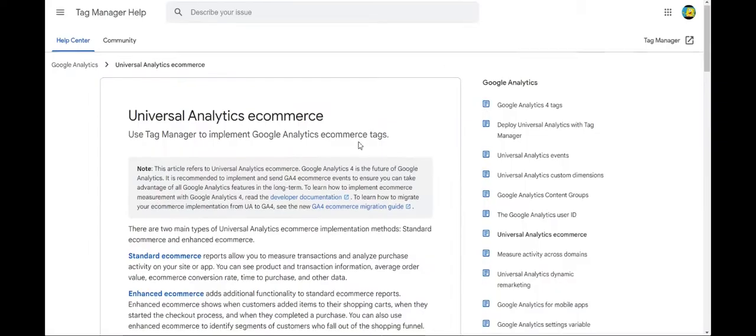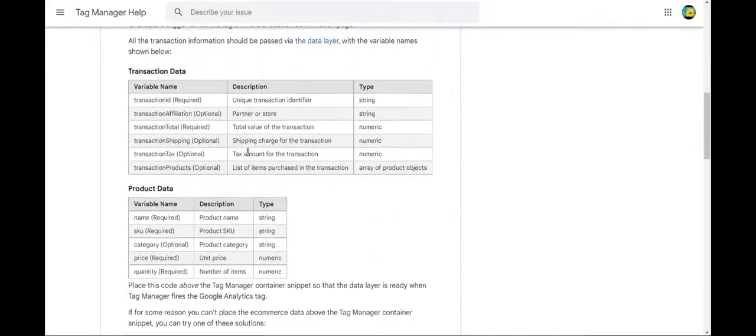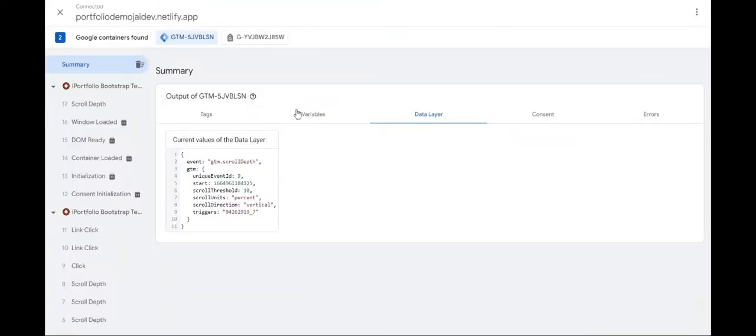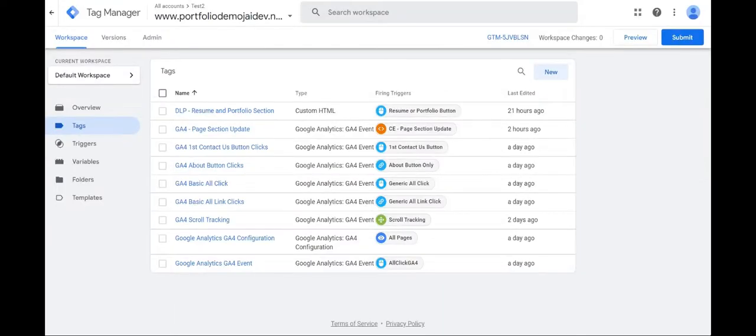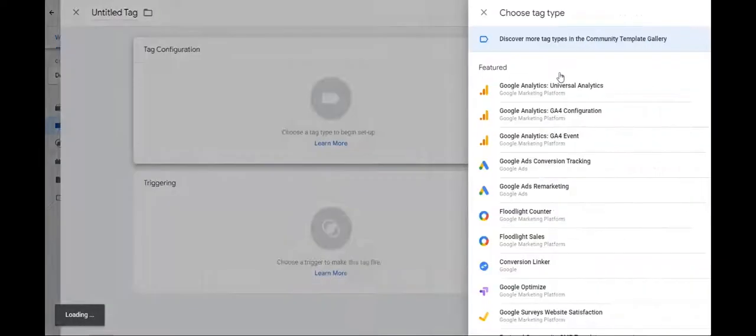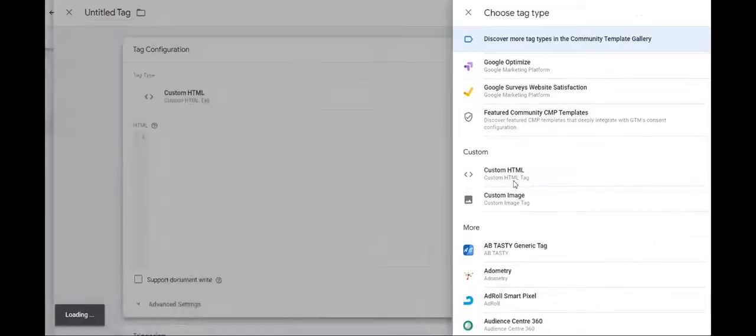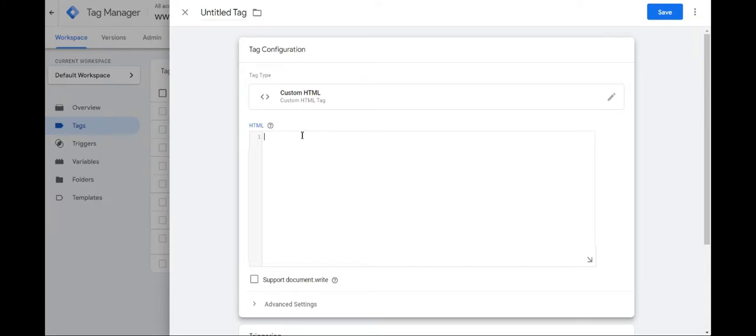So for example, if I go to the support page, these are the values that I should be looking for. There should be some transaction ID, some transaction total, values like these. But if I go now, I can't see any of these in the current values of the data layer, right? So we'll have to push them. So we'll just close this, okay, and we'll go to new. We saw how to push values into data layer using custom HTMLs. So we'll just go here,